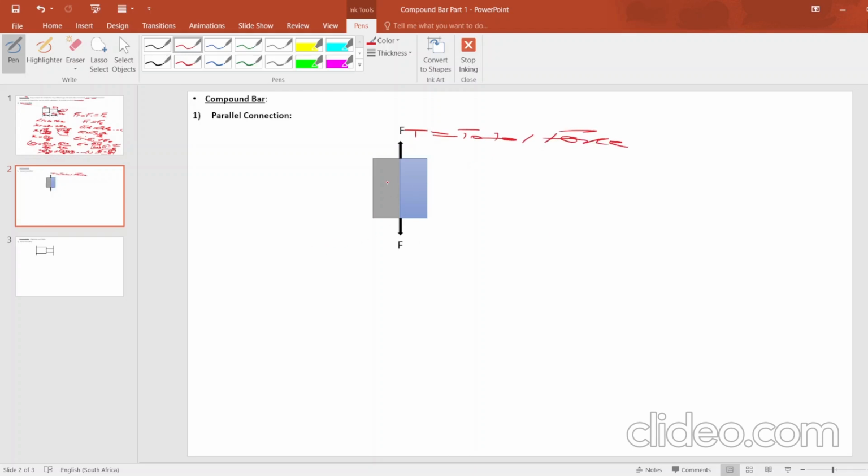Now, how material 1 is going to absorb the total force is not the same as how material 2 is going to absorb the force. Let's say this is steel and this is copper. Between the two materials, we know that steel is hard compared to copper. It then means if the force is